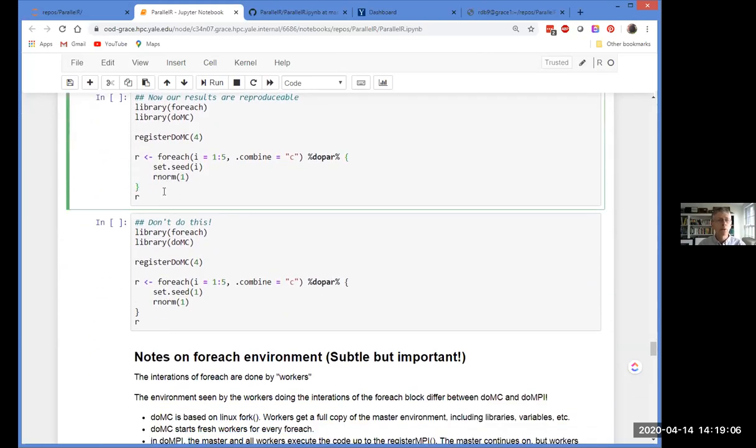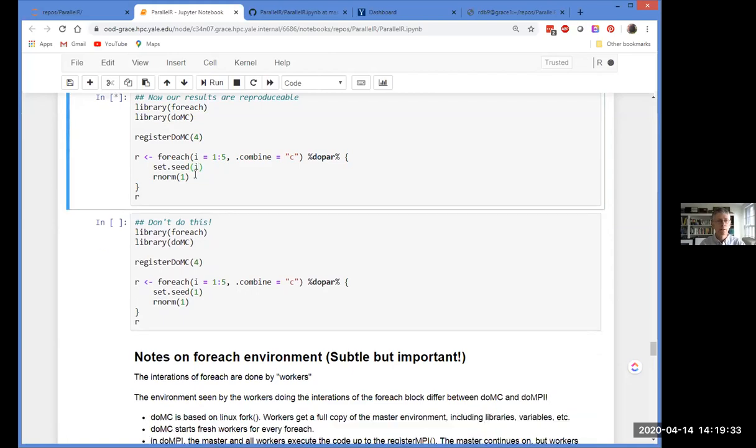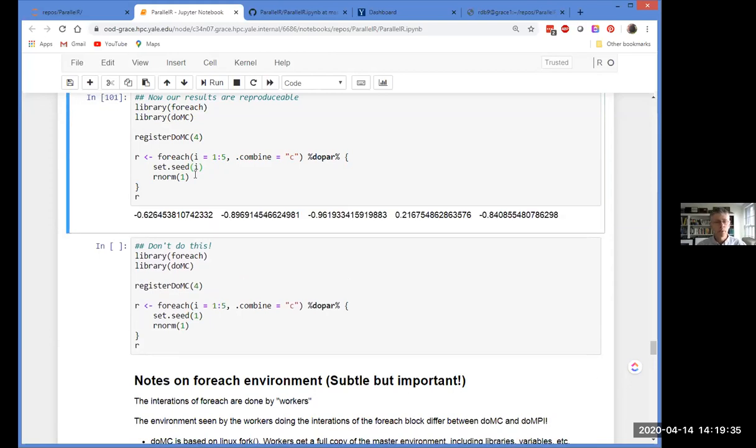So what you want to do, if you want reproducibility, is you want to set the seed in the worker. So that's what I'm doing here. Okay? So here I'm going to get the same reproducibility I had before. Now it's important, of course, I wouldn't want to do this, right? I wouldn't want to set it literally to the same seed. That won't do anything. I need each worker to have a different seed, a consistent different seed, okay?